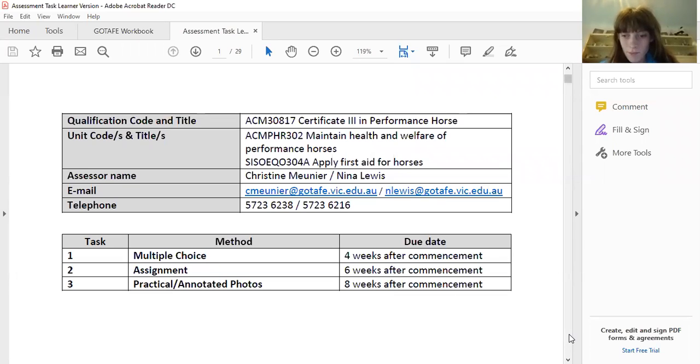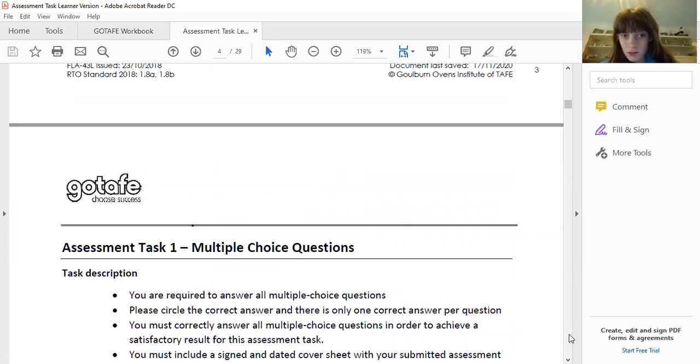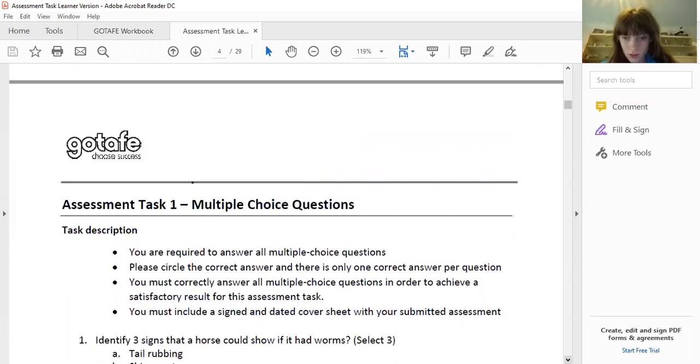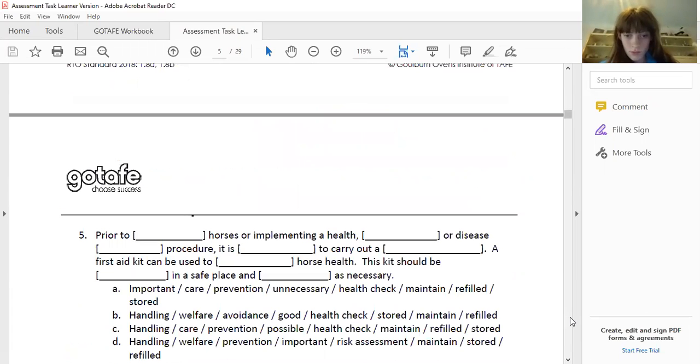So your multiple choice should be pretty familiar, multiple choice questions where generally you've got one answer that's expected of you, unless it tells you, like in question 1, to select 3. So identify 3 signs that a horse could show if it had worms, and then you would need to highlight 3 of those. So hopefully the multiple choice are pretty straightforward with regards to answering them, but definitely if there's